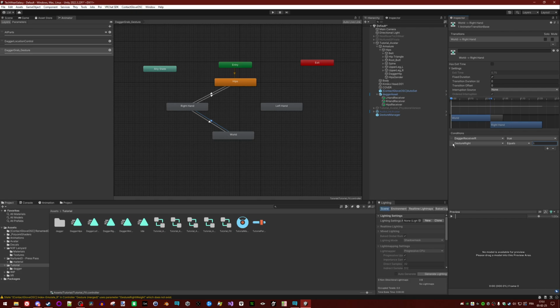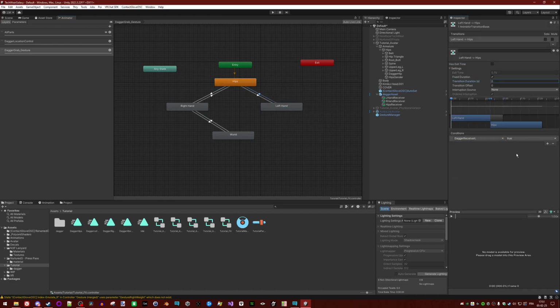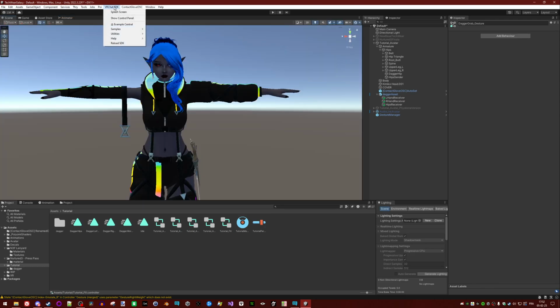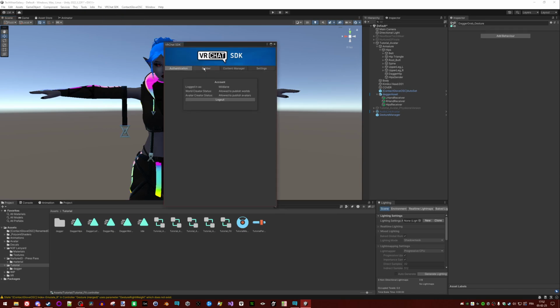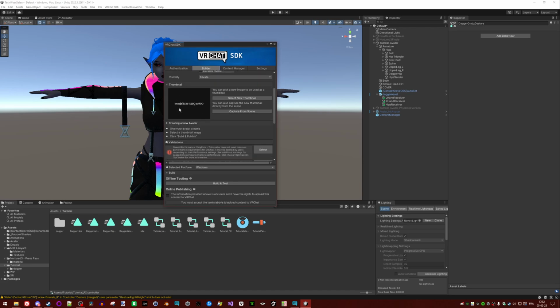The only difference is that it's dagger receiver L and gesture left, but everything else is the same. Okay, and now it is set up. I will build and test this version of the avatar so I can record a demo later.